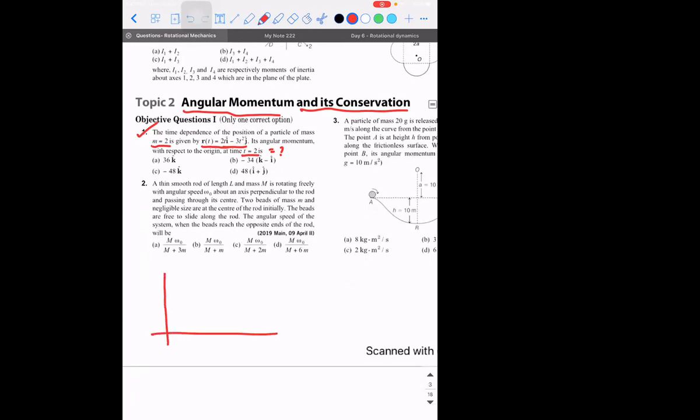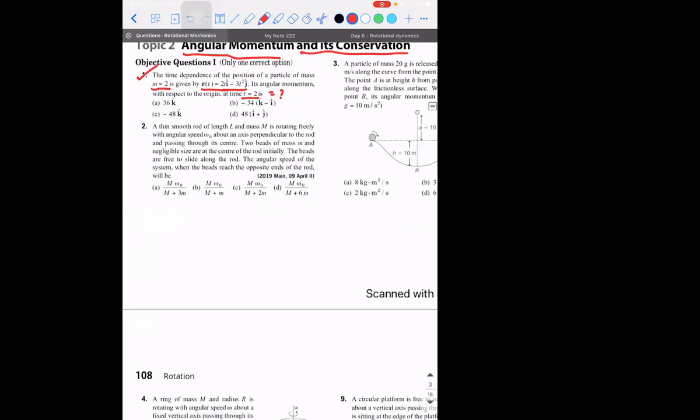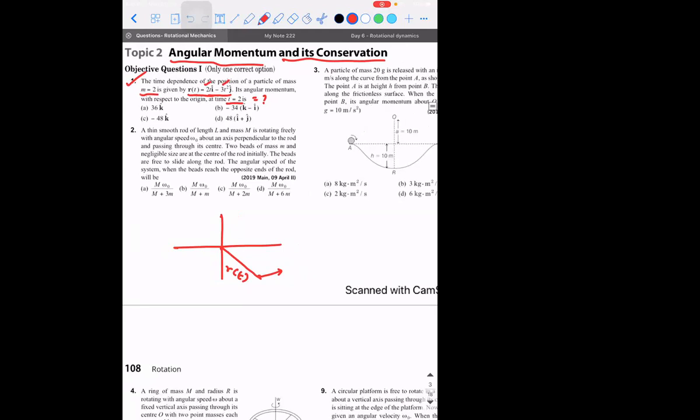So if I take the coordinate axis, the position of the particle is given in a two-dimensional plane. It belongs to which quadrant? X is positive, so it belongs to the fourth quadrant. Maybe let's say the particle is moving like this. With respect to the origin, this is r of t. They have given the position vector of the particle at some time t. It's an instantaneous value. Let me say this point is P, this point is 0, 0.